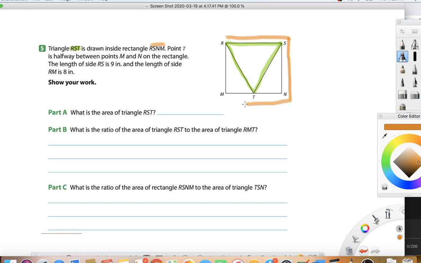RSNM. So it'd be this rectangle right here. Actually, that doesn't make sense. So let's do it like this. R would be this rectangle right here. Point T is halfway between points M and N. Okay. The length of RS,